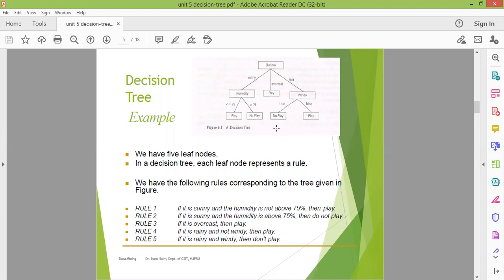Initially the training set is used to develop your tree. When you develop your tree, all the branches of the tree represent certain rules. And now, by using the test data, you have to check whether the developed rules are true or not.